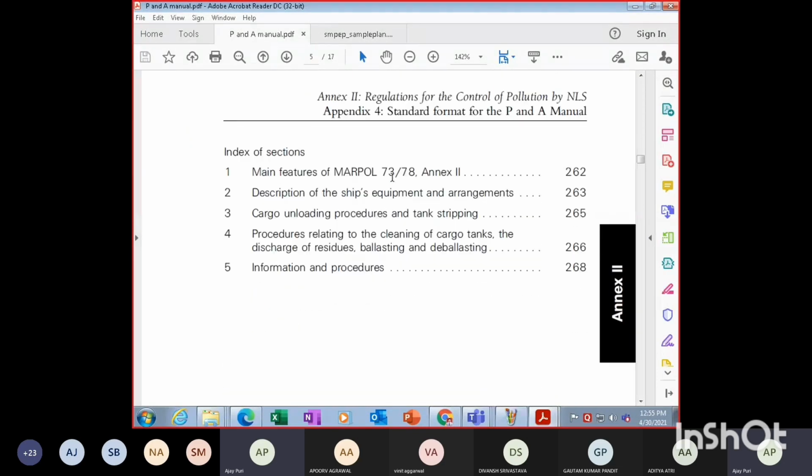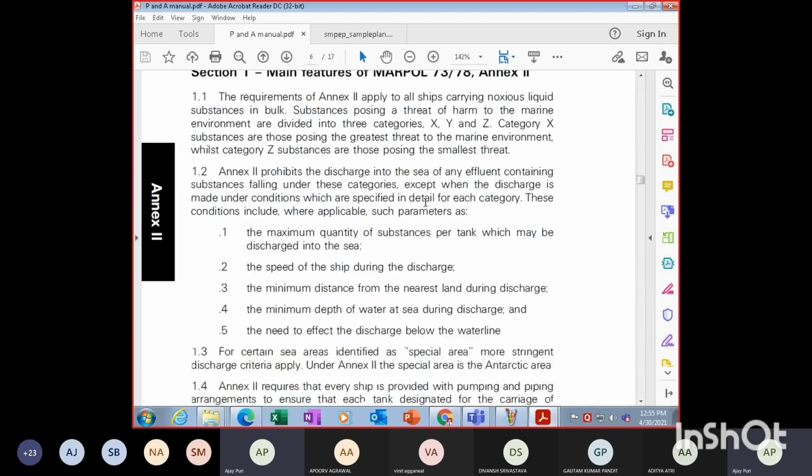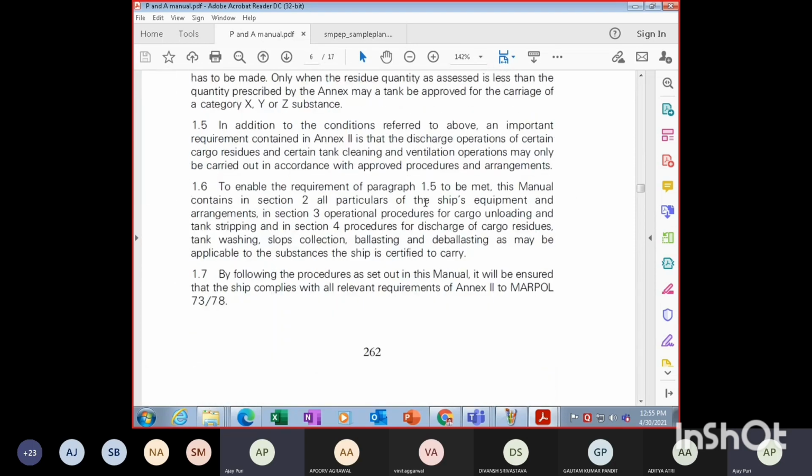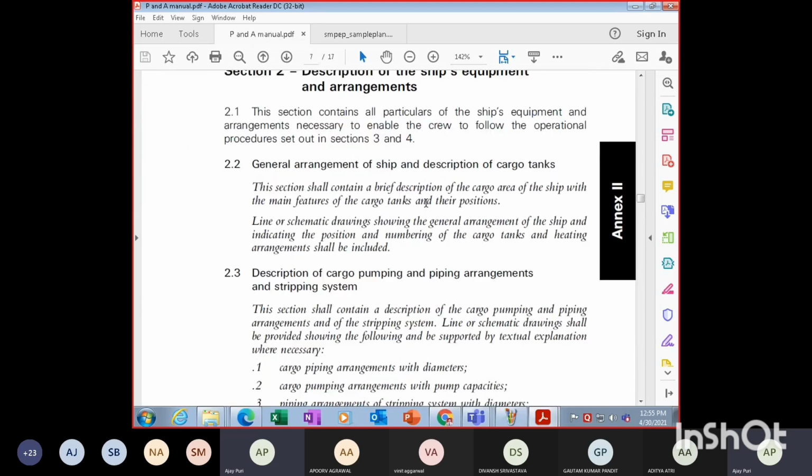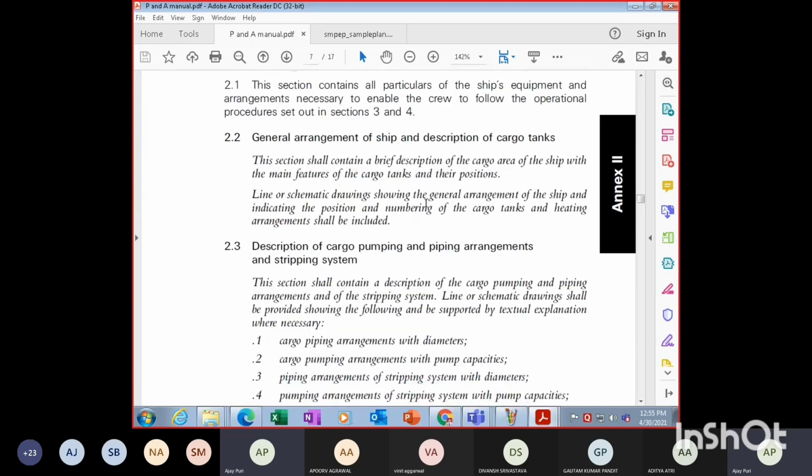Here you will have the features of MARPOL Annex 2, description of ship's equipment, unloading procedure, tank stripping, the procedure of how to clean that cargo, discharge of residues, ballasting, deballasting. All will be given in your PNA manual. That is your discharge criteria, which you have done. What equipment you have for pumping. So you will have